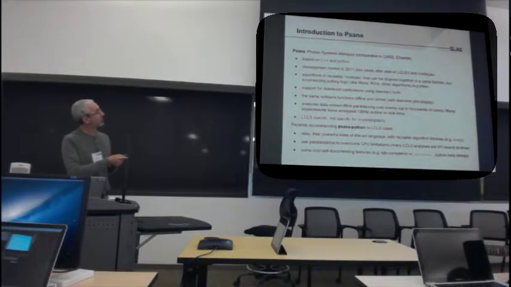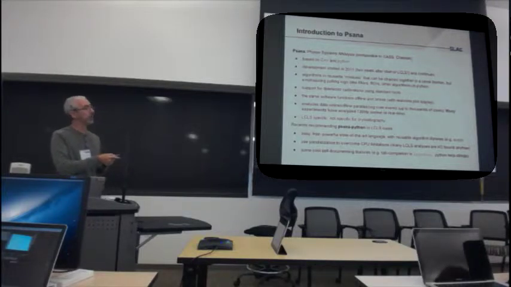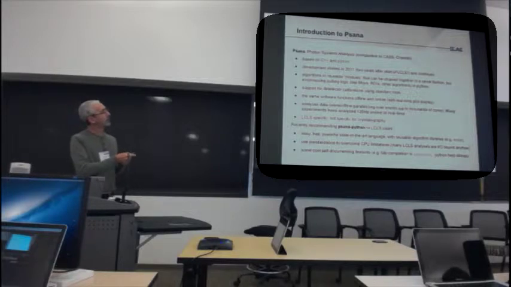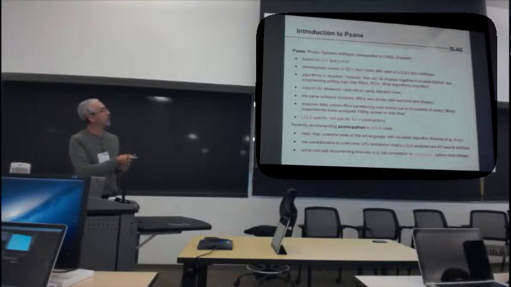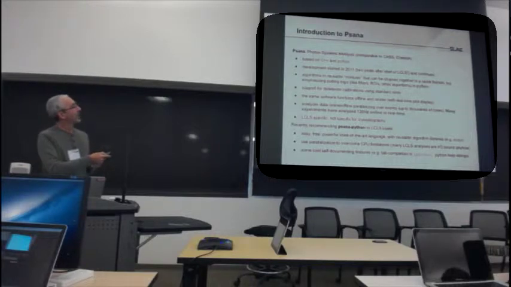It's this photon systems analysis. It's maybe comparable to what you've heard about CASS or Cheetah as being kind of a low-level thing. You can write your code in C++ if you're feeling masochistic, or Python if you want to do things slightly more slowly, although you can do pretty well with Python. And you can buy your way out with parallelism, because LCLS has thousands of cores now. We got 2,000 cores donated to us about a year and a half ago. And they sit idle a lot of the time, except for mostly Nick. Nick likes to use them.